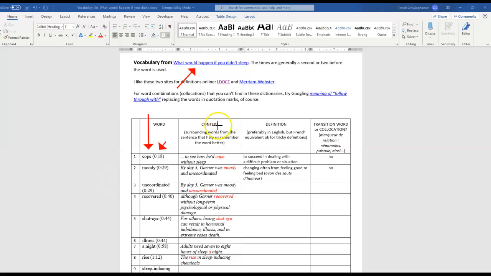The context is the actual words that were used in the video, the sentence or part of the sentence where the word was used. So for the word cope, for example, the guy in the video said to see how he'd cope without sleep. That's important for 2 reasons. One, to make sure you have the correct meaning for the word. You know that words can have more than one meaning. And 2, to help you remember it,